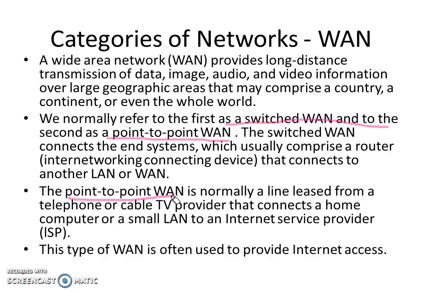Normally we see cable TV in our homes. Those leased line connections are known as point to point WAN networks. Just imagine a cable TV operator near your home: they provide one single cable, and there is a setup, a junction box, from which the connections are given to the homes available in the streets. That is known as point to point, and this is connected to the internet service provider.